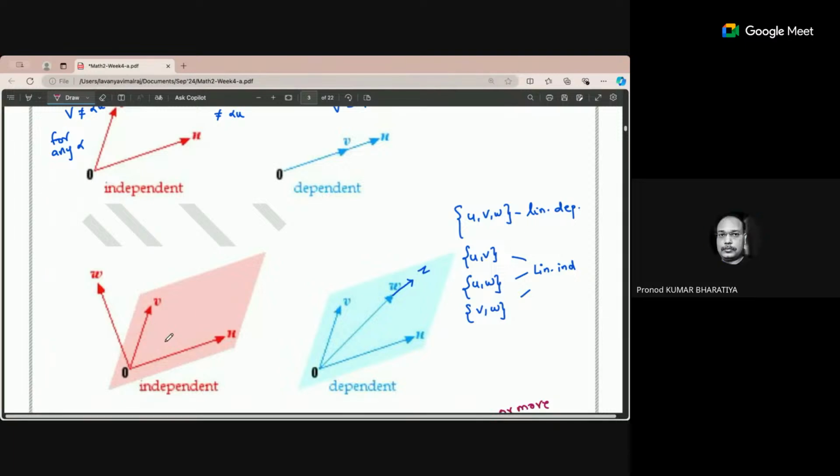Even if any two vectors are in different directions but on the same plane, then also they are independent. And if all three vectors are from three different planes, then they are independent. Only they are dependent if,